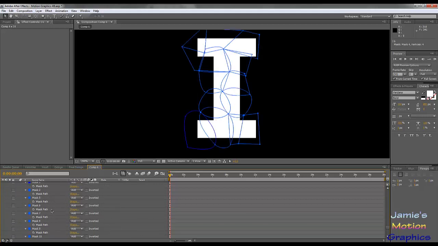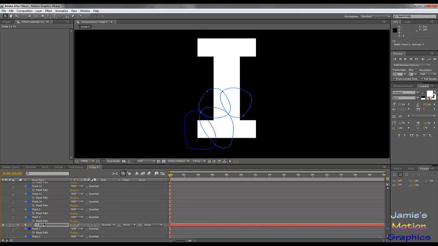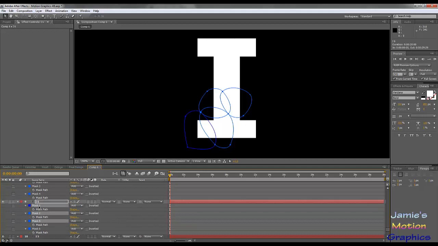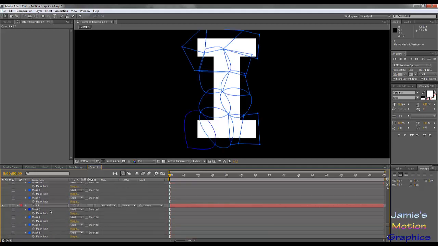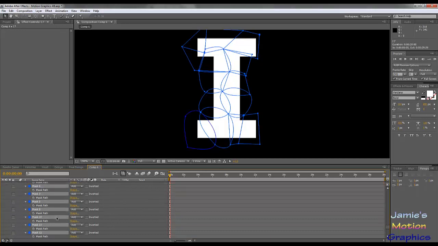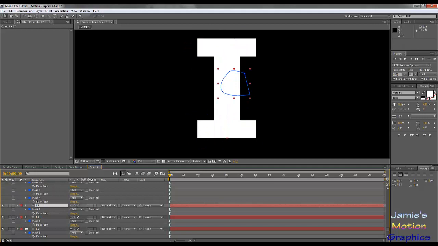So currently mask 6. So mask 6 is over here, and then we select all of these. Mask 7 then. So yeah, you can do it in 2 ways. Just select all the masks and then deselect the one that you want. That's probably the